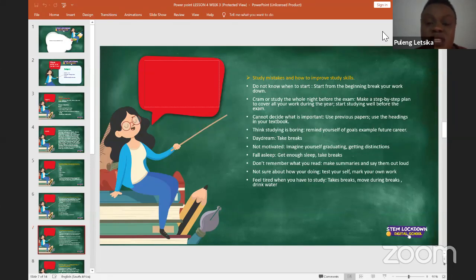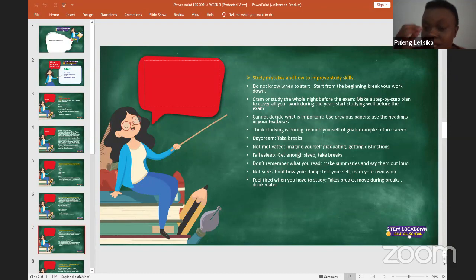So the answer to this is you need to start right from the beginning. Remember, I said, how do you eat an elephant? Bit by bit. So you start from the beginning and you break your work down into the most important themes and headlines, and then you go through your work bit by bit, and you also need to calm down and take short breaks when covering your work.